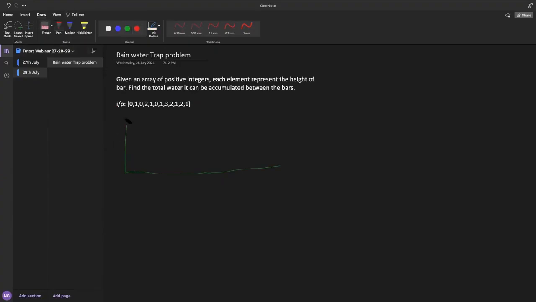Better to not use this line, it will confuse you. I will first write here what they are: 0, 1, 0, 2, 1, 0, then 1, 3, 2, 1, 2, and 1. So let me extend this line.